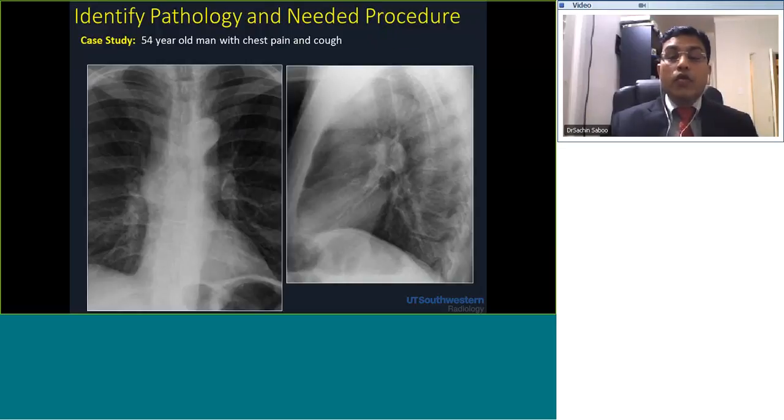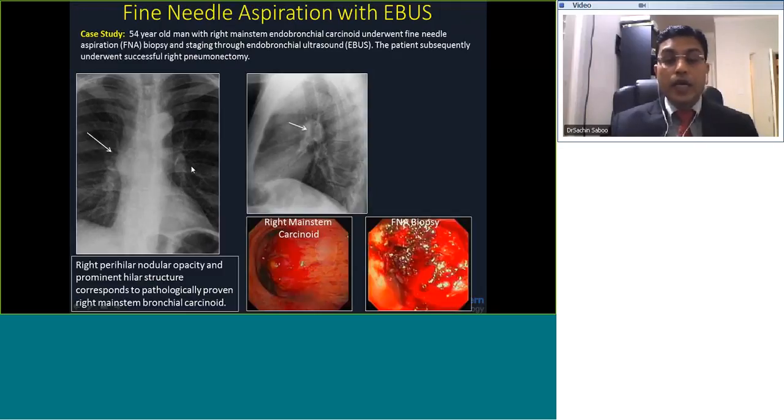We'll go over and try to identify the pathology on this radiograph. I'll give you a few clues, and what procedure we would need to do via the endobronchial route for this entity. As you have seen, this is a 54-year-old man with chest pain and cough, and there is a nodular opacity in the right perihilar region, which we can see here and better seen now with these arrows, and we can see it very well on the lateral view. This turned out to be